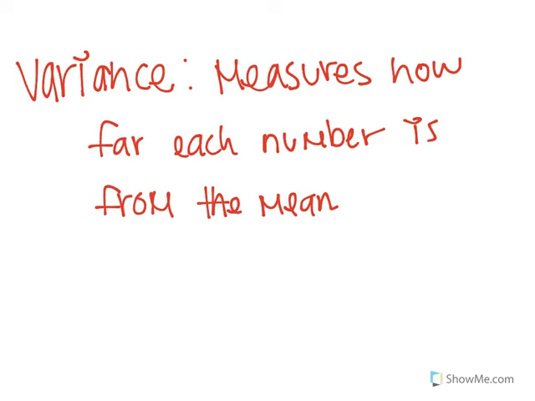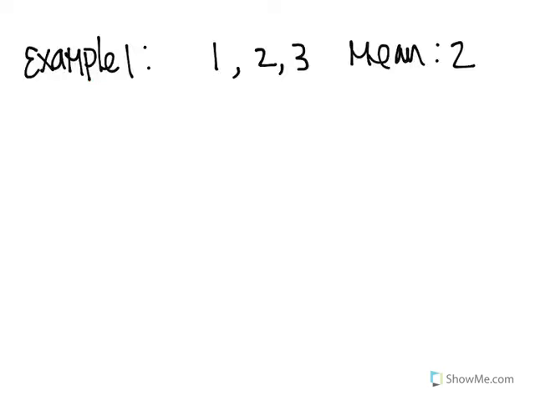Variance measures how far each number is from the mean. To find the variance, you subtract the mean from each number, then square the difference. Then we add those together like we did for the mean and divide by the total amount of numbers. So using the same example as before, we have